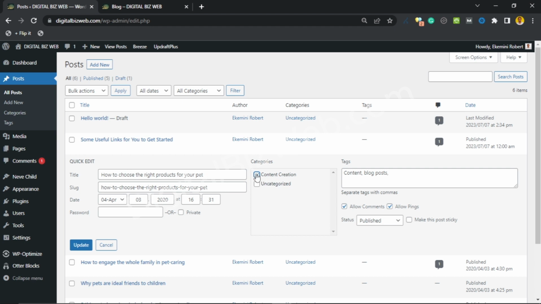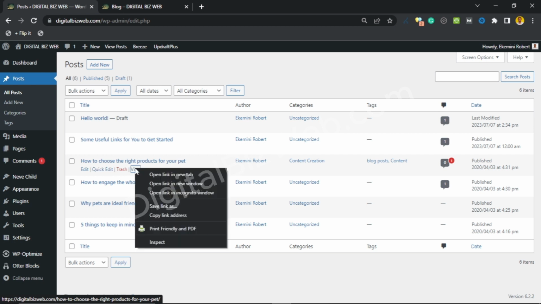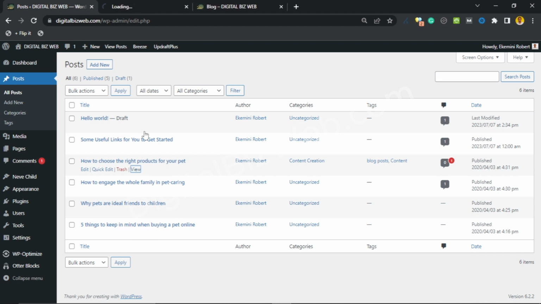So I just want to leave that checked, and then once I'm done, I can just go ahead and update the article. All right, so that is what the quick edit button does. And here you can delete this post by trashing it right there. You can also view this post using this button. So if I go ahead and right click that and click on open in a new tab,